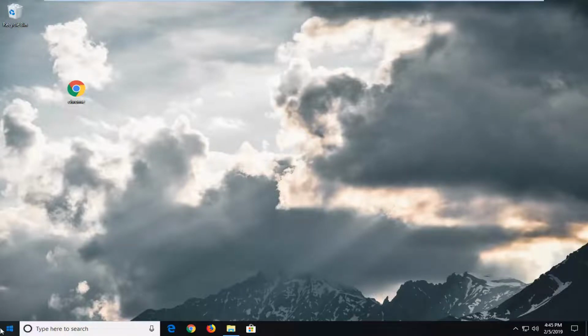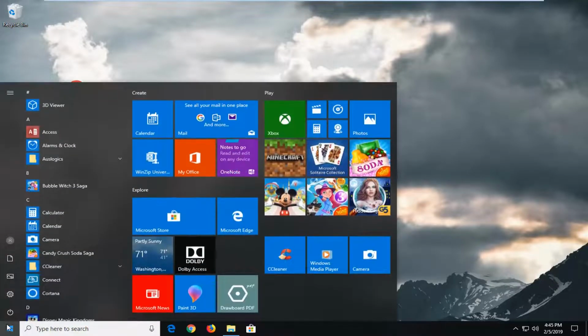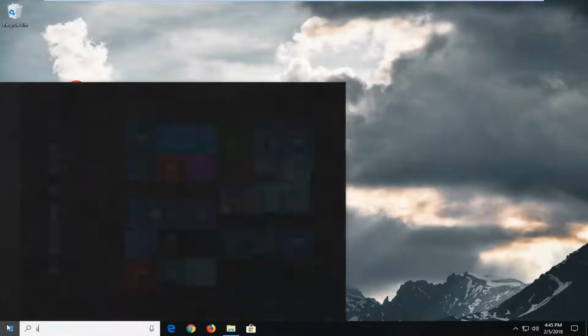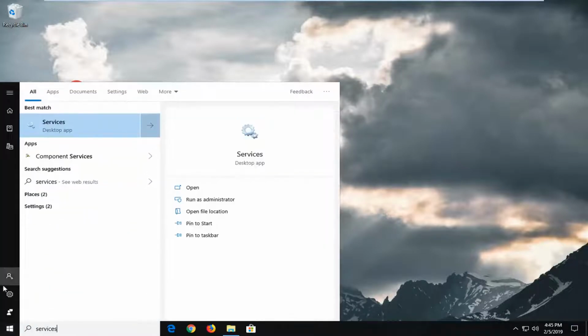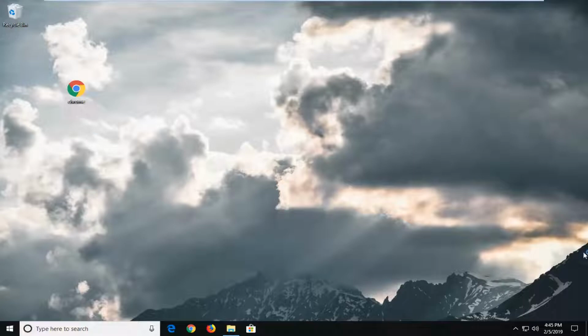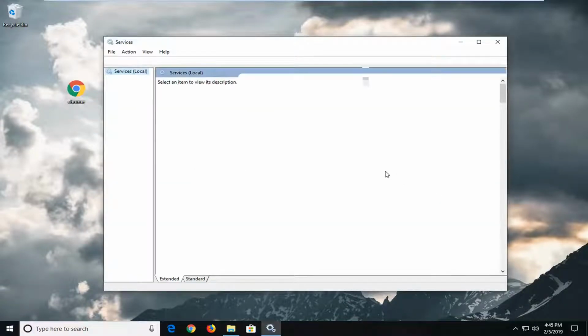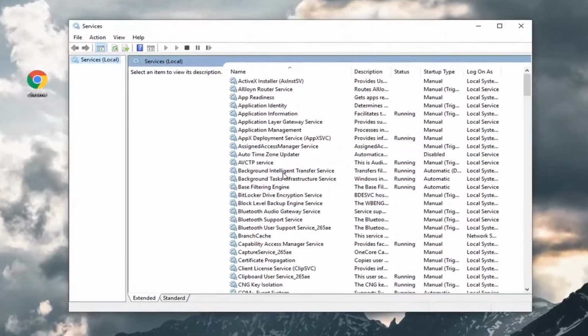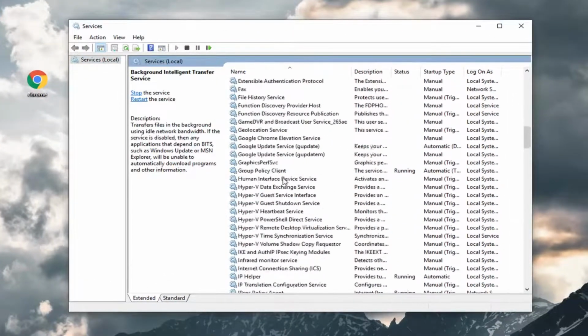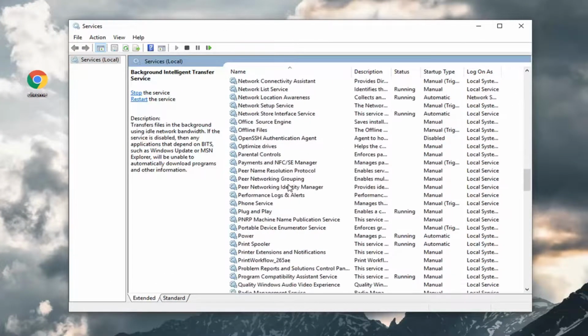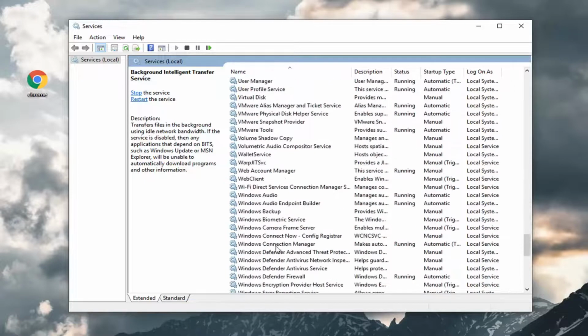So we're going to start by opening up the Start menu. Just left click on the Start button one time, type in Services. Best match should come back with Services here. Left click on that one time. You want to scroll down to the Windows Modules Installer. So scroll down here,